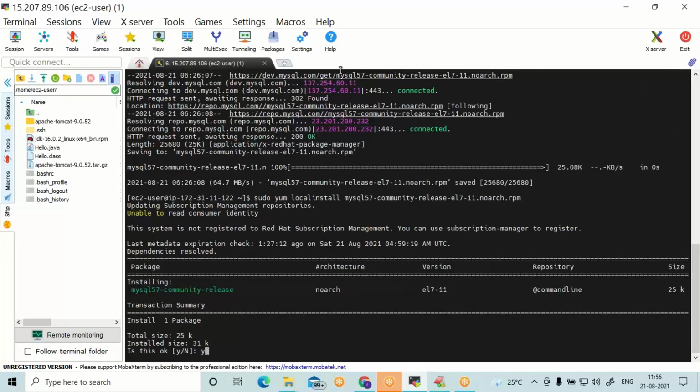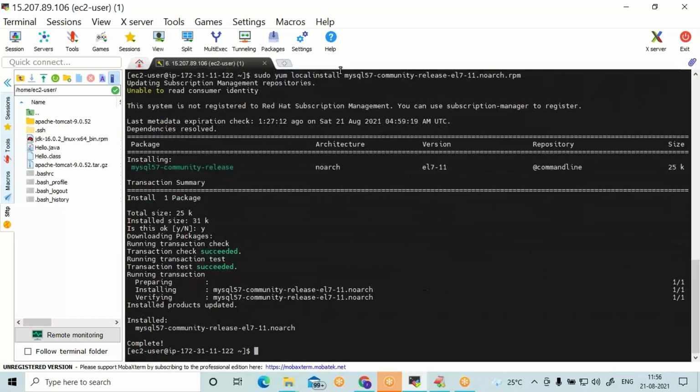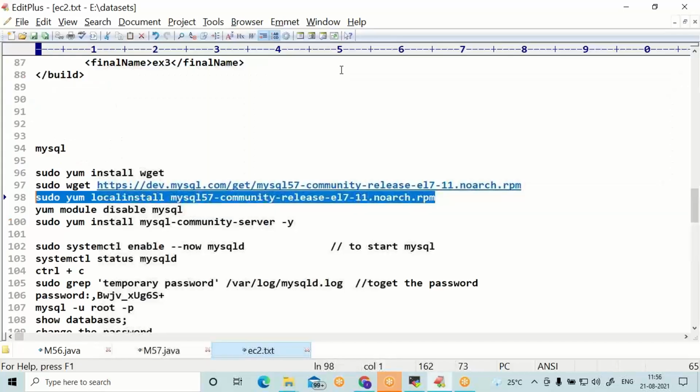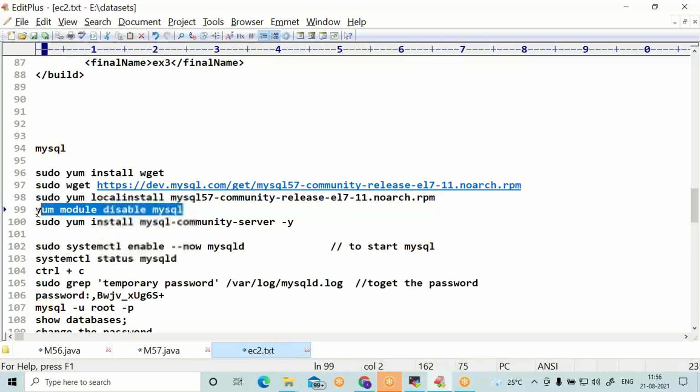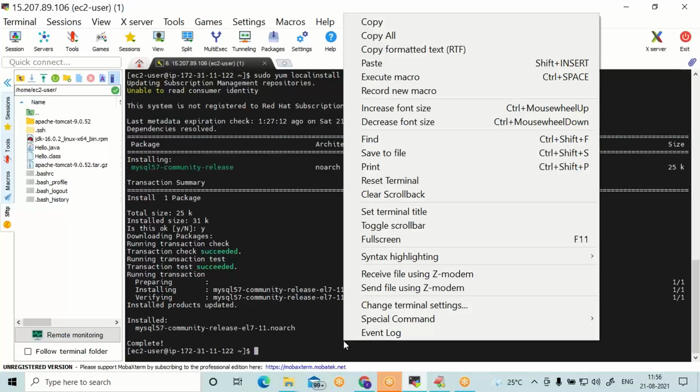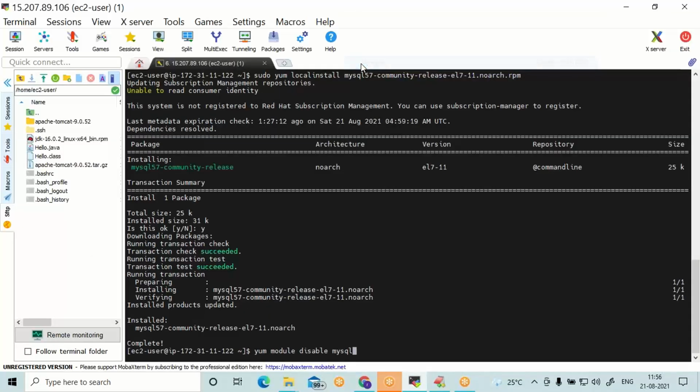Type Y. Done. There are some sequential commands to trigger one after another. Go to the next command, MySQL module disabling while installing main MySQL.